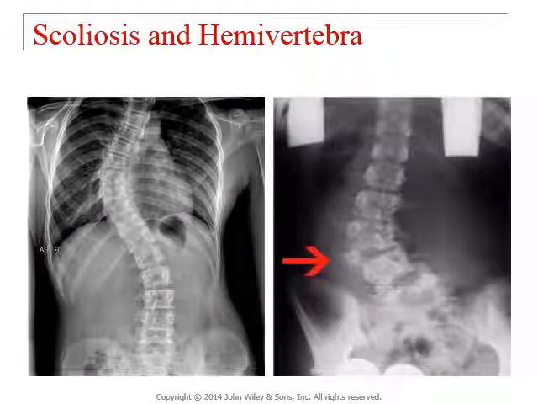So here we see two different types of scoliosis. We have both a functional and a structural scoliosis. The difference being on the left here, this is known as a functional scoliosis because there's no structure that's preventing this from straightening out. More times than not, this can be due to some type of general anomaly where muscles